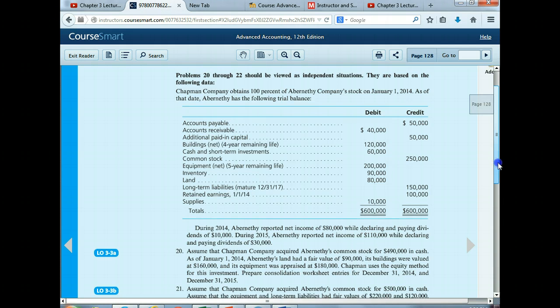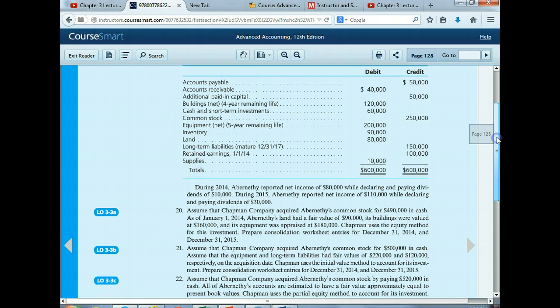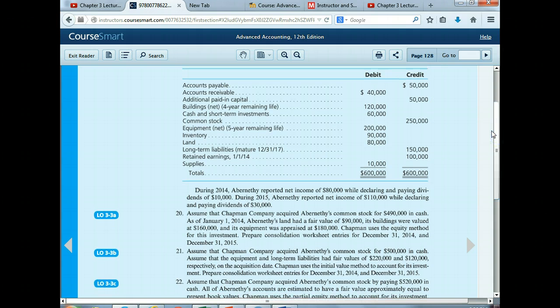During 2014, Abernathy reported net income of $80,000 while declaring and paying dividends of $10,000. During 2015, Abernathy reported net income of $110,000 while declaring and paying dividends of $30,000. Assume that Chapman Company acquired Abernathy's common stock for